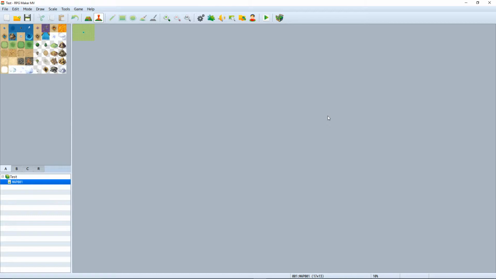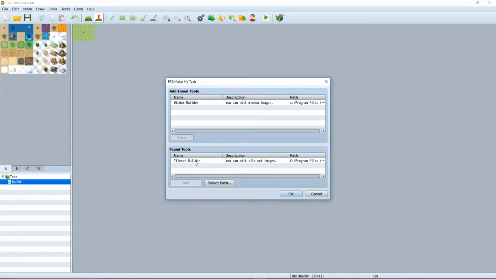RPG Maker released a new tool. I don't know what it's called. I'd open my Steam, but I can't, so I guess we'll just have to open our extension manager instead. Oh, it's called Window Builder. It's kind of funny because that was sort of what my April Fool's one was like. But yeah, Window Builder. Today on the second channel, I'm gonna be reacting to